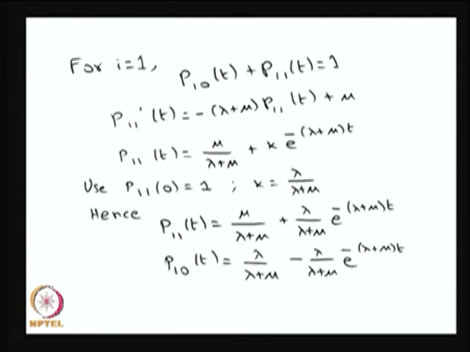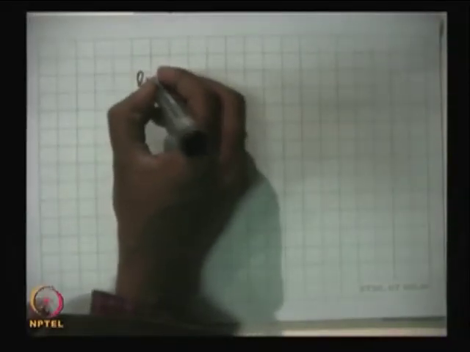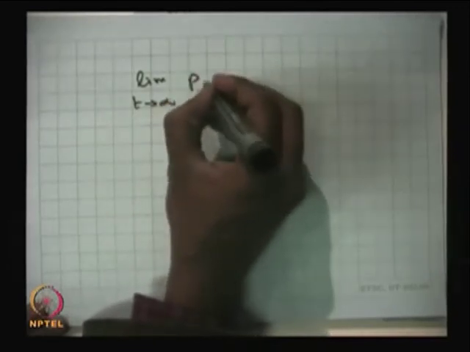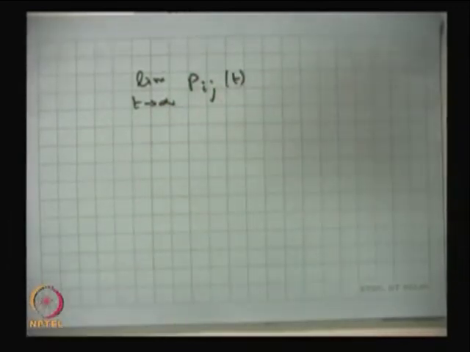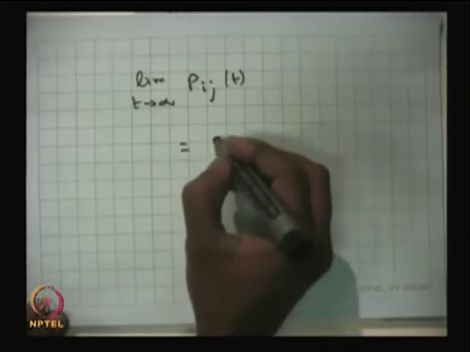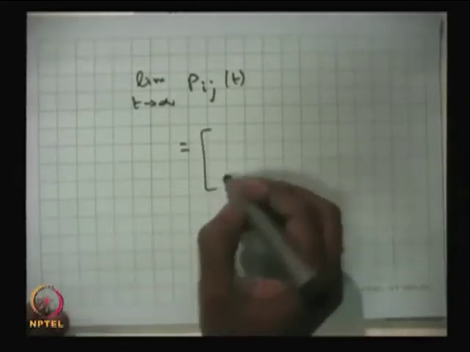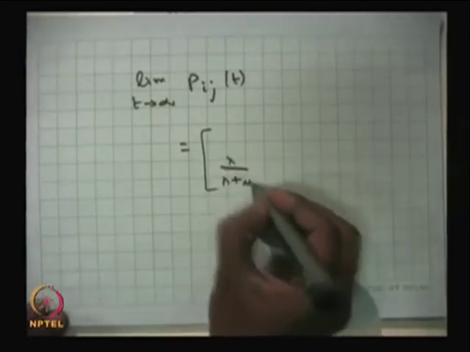And if you let t tend to infinity, which we are going to discuss in the limiting distribution, you will get mu divided by lambda plus mu and lambda divided by lambda plus mu. Therefore, if you make a matrix and find the limiting distribution, the limit as t tends to infinity of P of t, you will get a matrix. For this example it is a 2 cross 2 matrix. For now we are doing the second row, which is lambda divided by lambda plus mu,